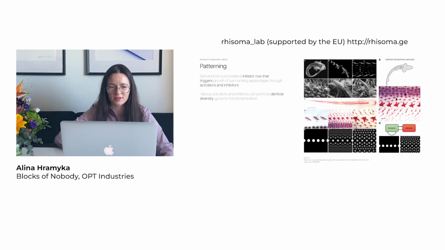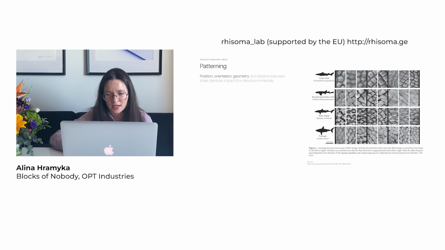So as I mentioned before, how this works: the patterning is derived from the dorsal initiator row, which is basically the spine of the shark, and it grows surrounding appendages through the activators and inhibitors. And various activators and inhibitors can promote the denticles, and this is very interesting to explore in functional textiles. And the second thing that I learned, very interesting, is that it depends on the shark geometries on the